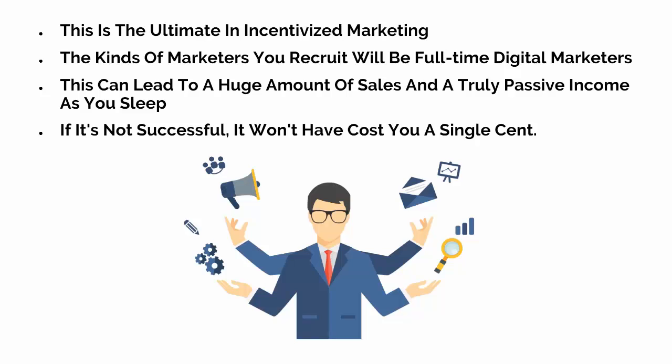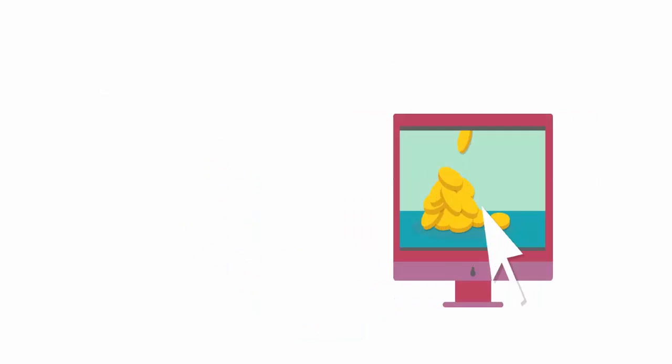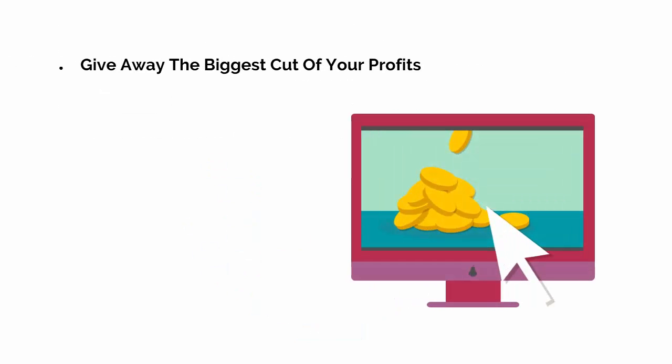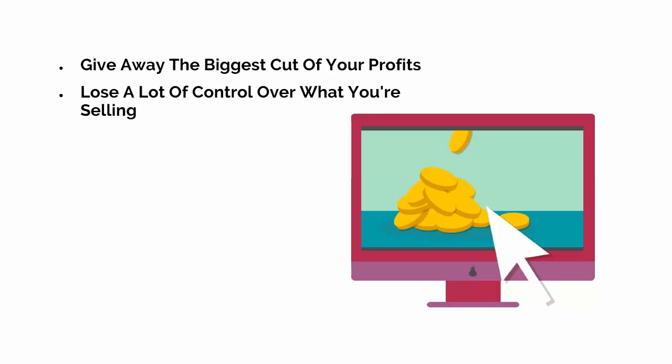But again, you have risks. For starters, affiliate marketing means giving away the biggest cut of your profits. It also means losing a lot of control over what you're selling. If you ever come by a landing page that uses aggressive sales tactics with poor spelling, then there's a good chance they were selling an affiliate product. This way, you're opening up your product to be represented by anyone, and that can do serious harm to your